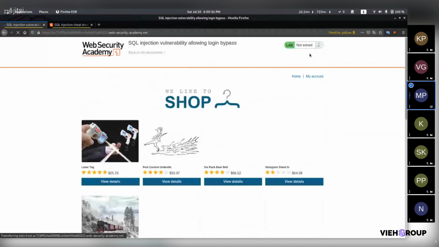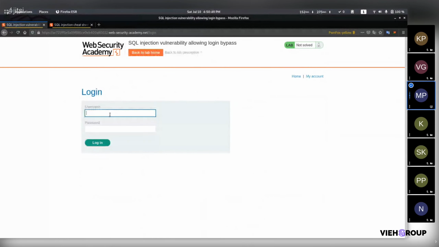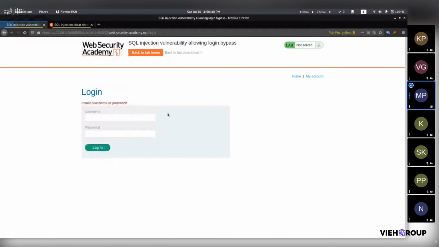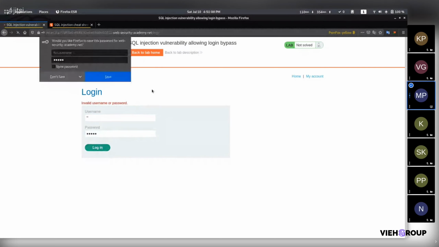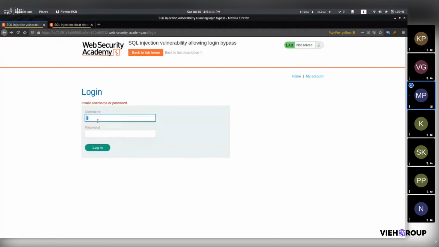Okay. So this is again a juice shop like environment. Let us try to log in with admin and admin. So it is not a valid password. For SQL injection, we usually try quotation, double quote, and let's confirm that it has a vulnerability. So internal server error. So these are the best signs that we have found the SQL injection vulnerability, but we need to confirm it.